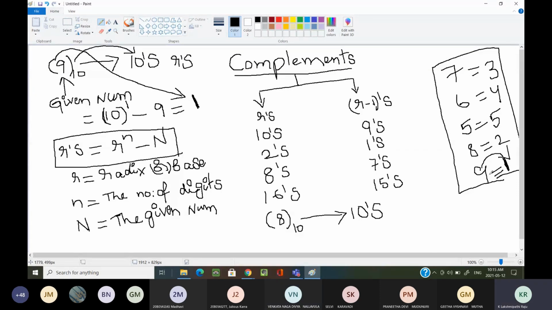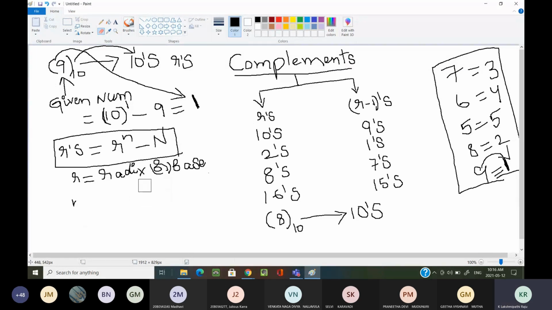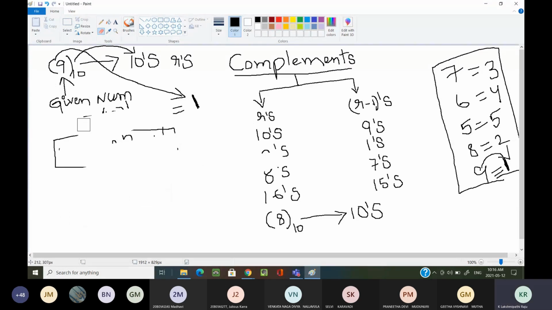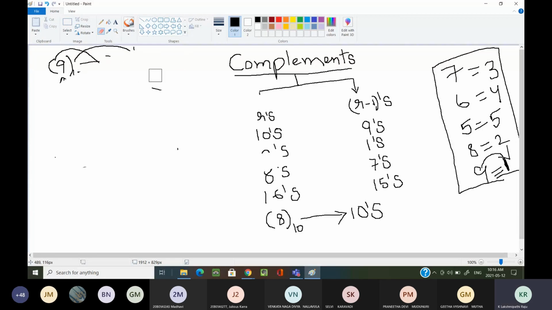What I have written here, is this point clear to everyone? Yes, sir. Now here I have taken a single digit. Now we are moving on and we are going to solve more. I hope you have noted down these points. Everyone, are you writing the running notes? Please note down these points, they are important. Here I have taken a single digit as an example.